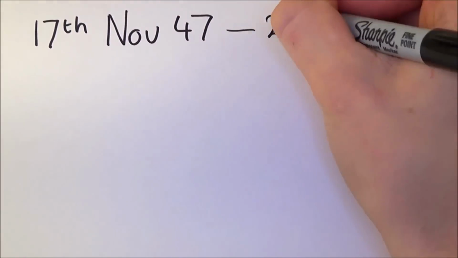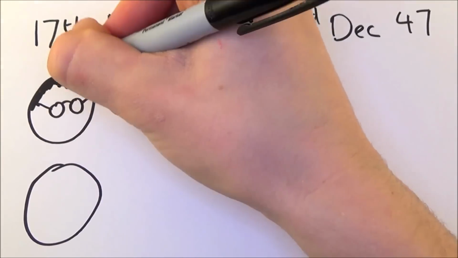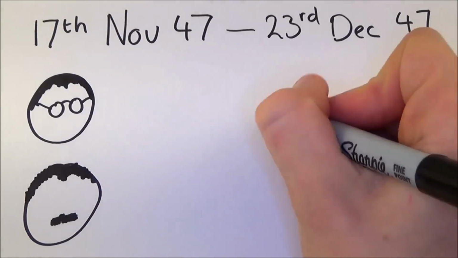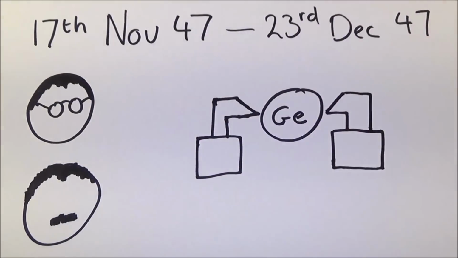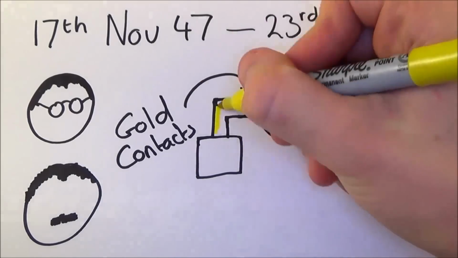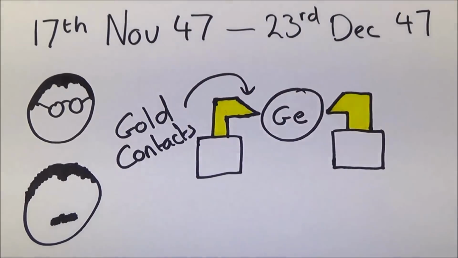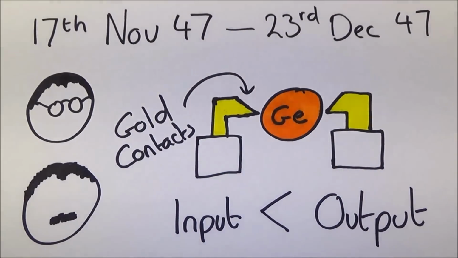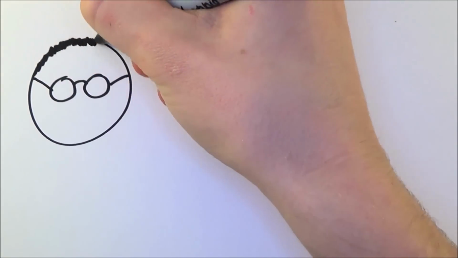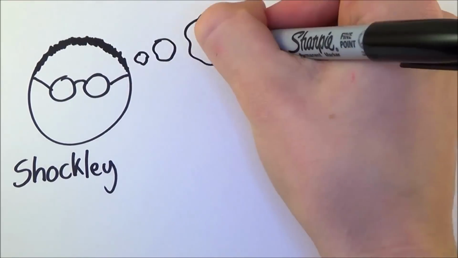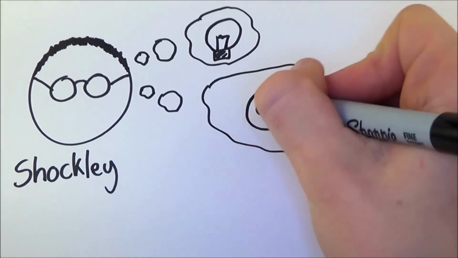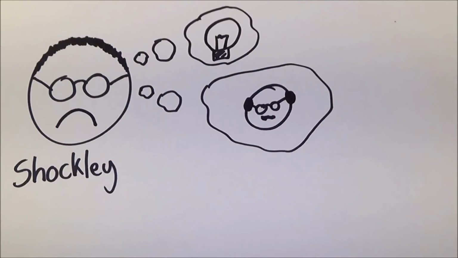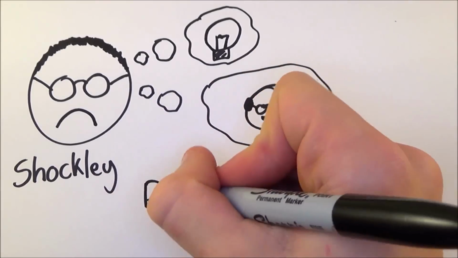Then between the 17th of November 1947 and the 23rd of December 1947, John Bardeen and Walter Brattain performed a series of experiments on a crystal of germanium using two gold point contacts, and what they found is that the output signal was larger than the input signal. William Shockley then saw a lot of potential in this, and obviously there was. If it wasn't for Lilienfeld's patenting of the idea in 1926, Shockley would have then patented it himself, listing him as the inventor. But this was out of the question due to the patents, and so they started work